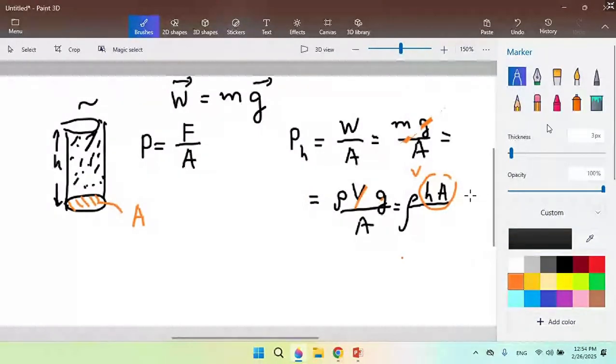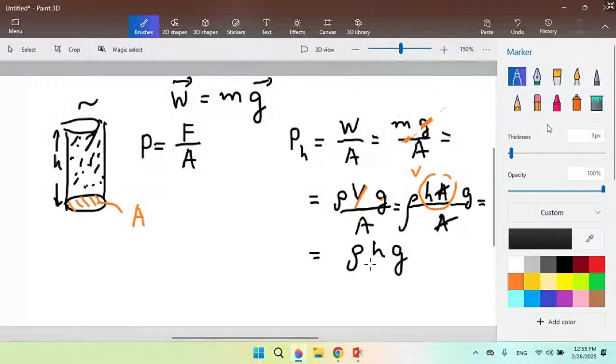And we've got G and A. Last time we discussed that area, if it appears both in the numerator and the denominator, can be cancelled. And what is left here? It is density, then height, G. So that's hydrostatic pressure